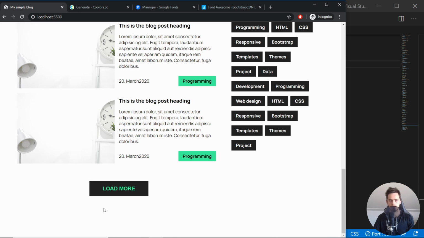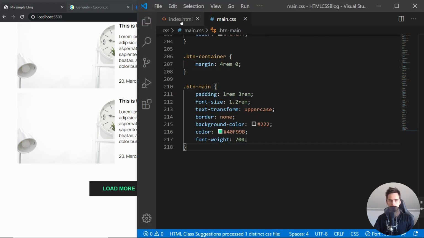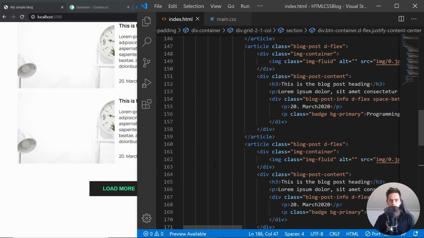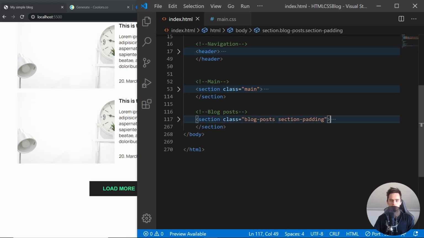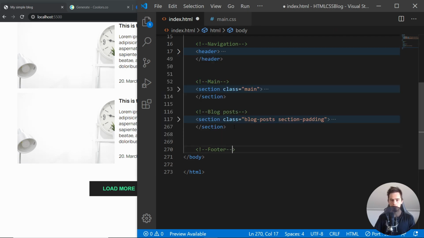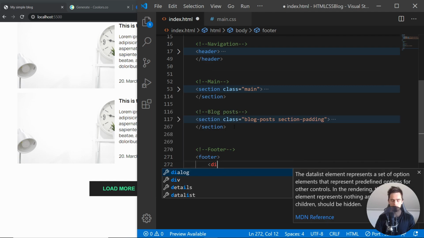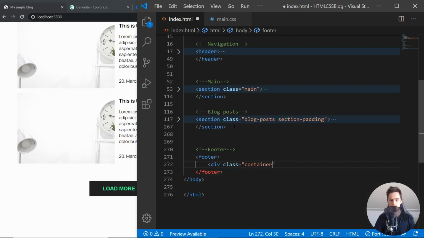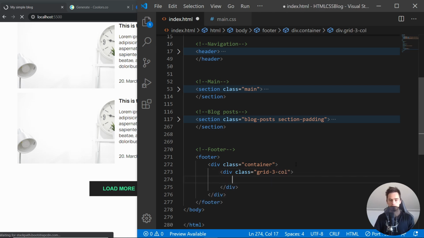So yeah, I think that this is pretty much about it, and let's just create the footer for this page. So right after this whole thing, so let me just close it. There it is. Let me just create the footer tag. So comment, first of all, footer, and inside here we will just create a footer tag. Nice. And inside here, let me just put a div with the class of container, and let's also put inside the div with the class of let's just use call grid free calls, right? So we will have a grid with 3 columns in here,